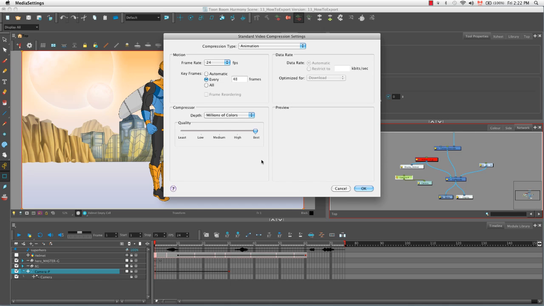And one thing that's important to note is that, say for example, we wanted to just export our character without any of the background elements. In order to ensure that there is a transparent background, from the compressor depth drop-down menu, you would have to select millions of colors plus. That plus is what gives you that alpha channel, so that there would be a transparent background and not, say, like a black or white background if you're bringing this QuickTime Movie into a third-party software to, say, composite it with other elements. So I'm going to click OK,